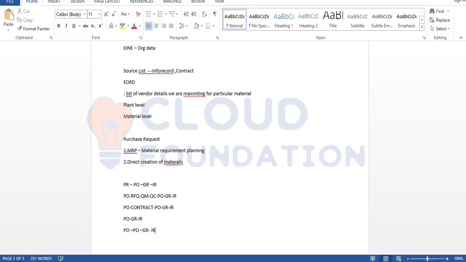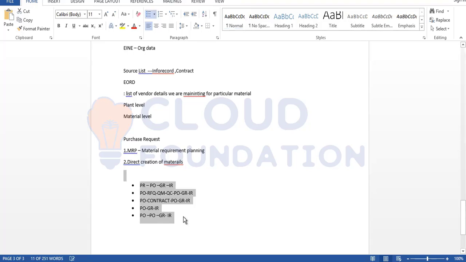So these are the different processes of making the procurement process. These are the different details we are maintaining process-wise. Okay, so all the transaction data now we need to see. So we will understand further each